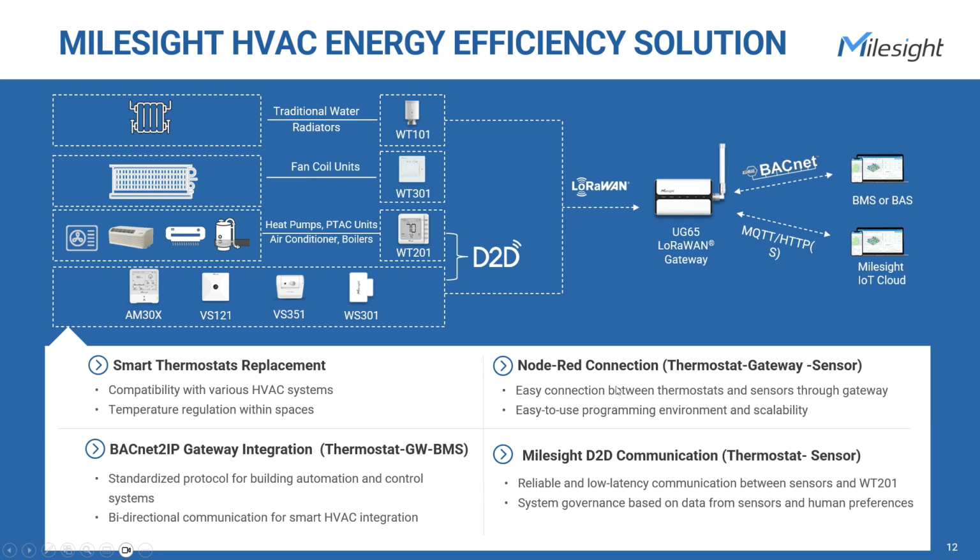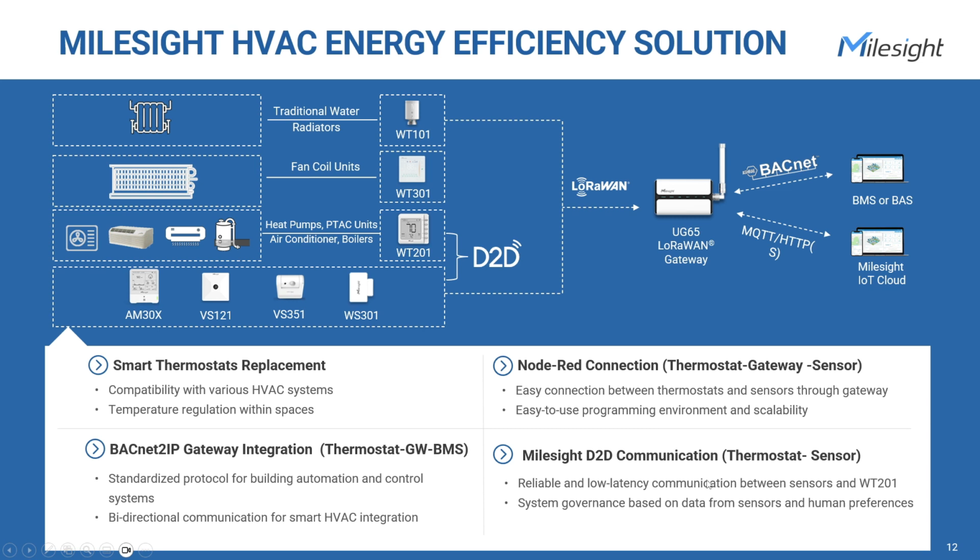So through the provided Node-RED, data from various sources can be integrated and loaded into a common format. Then the HVAC system can more easily process and analyze the data. And a stable and easy connection will be built among thermostats, sensors, and Milesight LoRaWAN gateways. And the last approach is based on the Milesight D2D without a LoRaWAN gateway involved, which means reliable and low